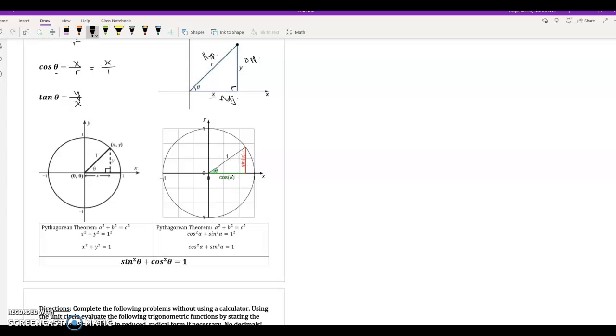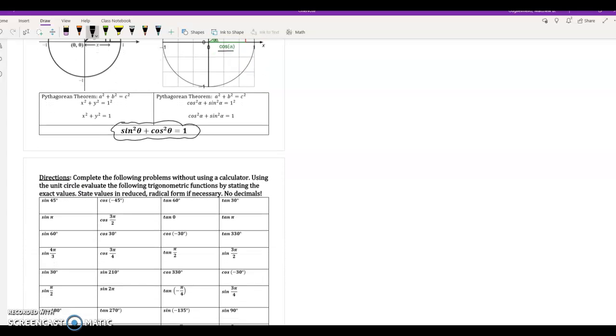Okay? And so that tells us that if I know these three sides, I can actually create a statement using the Pythagorean Theorem. Because I know that the two shorter legs squared and added up equals the hypotenuse squared, we get this Pythagorean property. That if you take your sine ratio and square it, add it to your cosine ratio squared, that should always equal 1. Okay, it's a really important property. You'll use it a lot in trig,